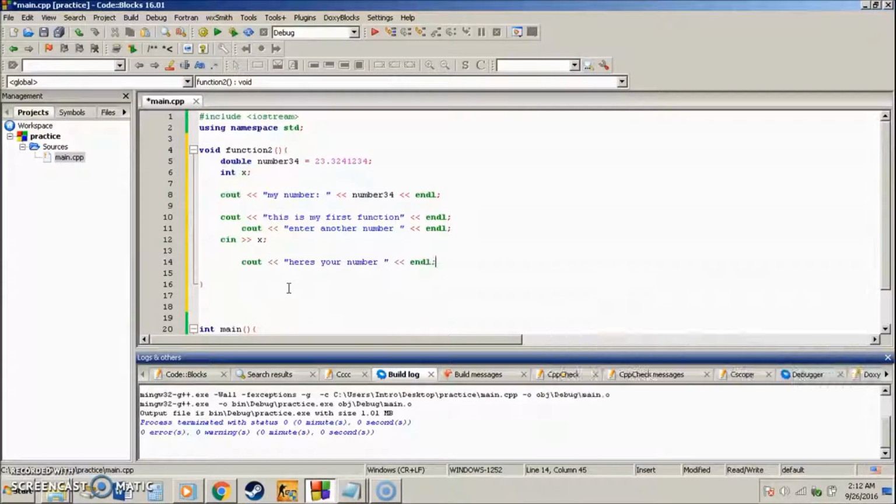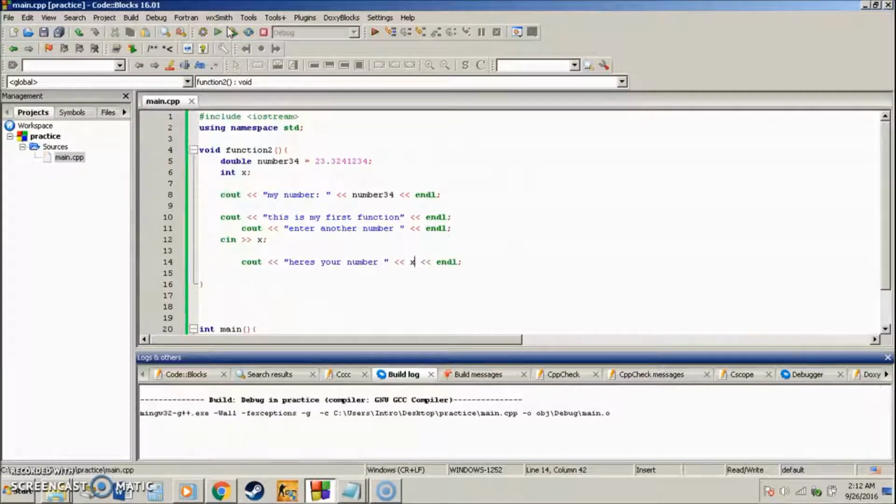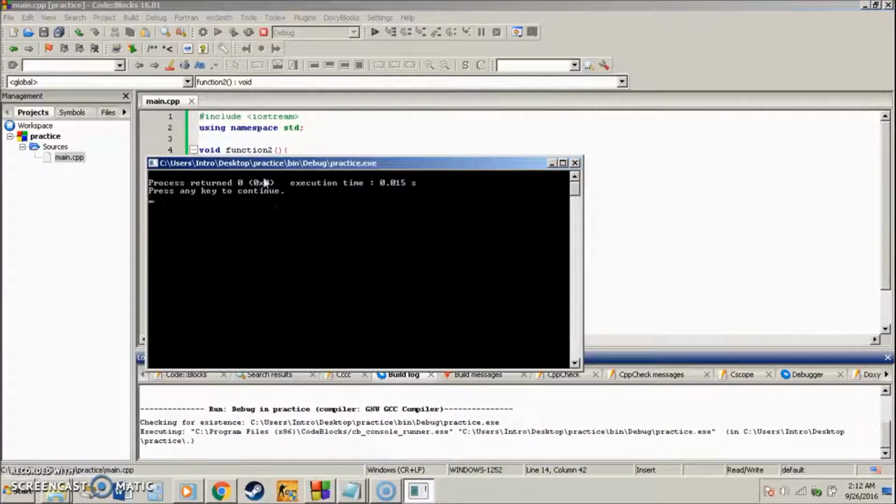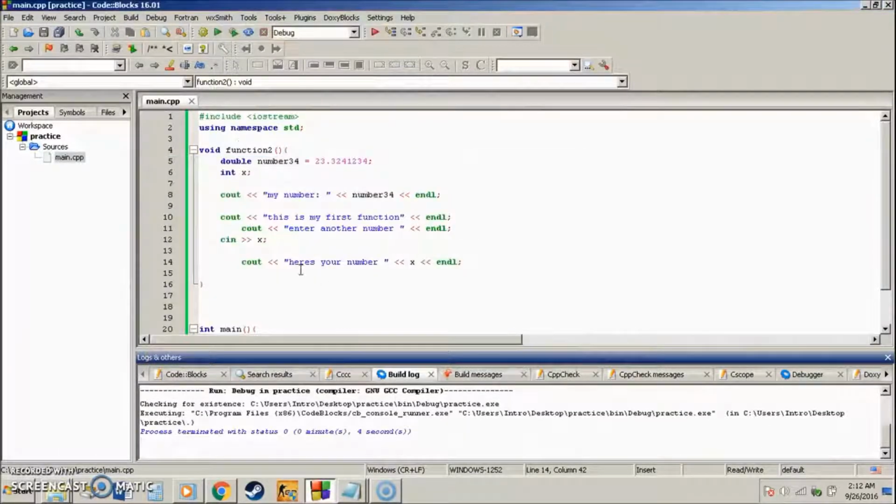Okay, if I can get this written in there. Here's your number, output x, whatever the user entered. Now when I run my program, nothing pops up. So you're wondering, okay, I made this function, I did everything right, didn't have any errors, but where is everything at? So basically to call a function, we're going to have to do something called exactly that, calling a